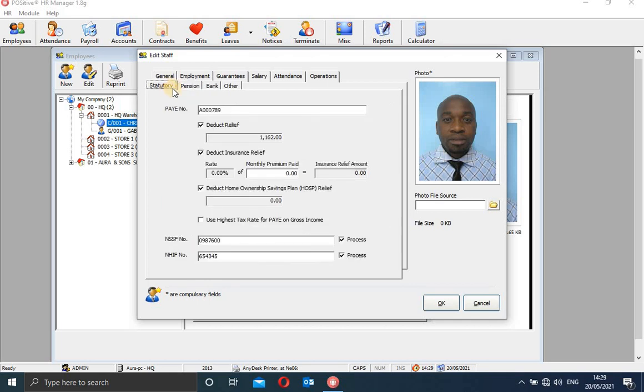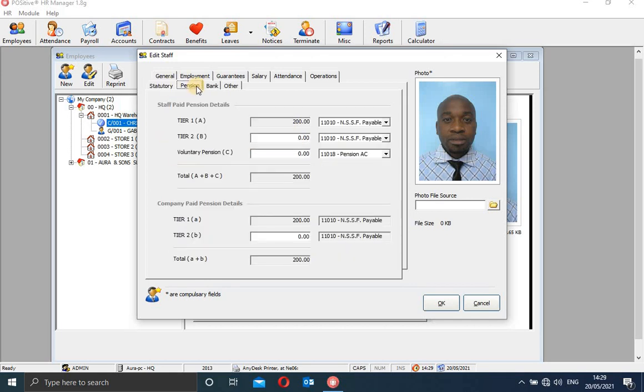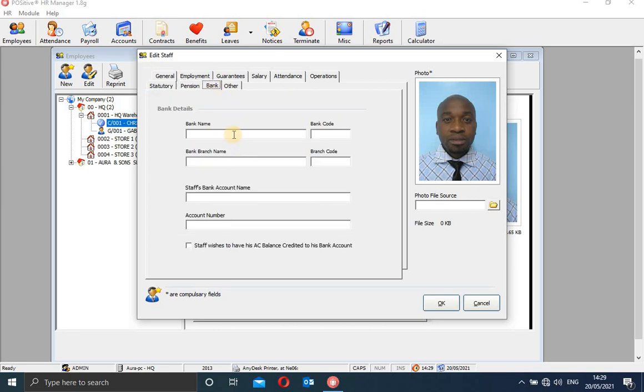So you realize that once I've done this, then this one will be picking automatically. It will just pick automatically. And then also with the bank, if this employee is wishing to be paid via a bank, you indicate the bank name here. You can say Equity Bank, okay, and then you can indicate a bank branch name. If it is a branch name, you say Equity Westlands. If it is Westlands, and then you indicate the bank codes and branch code here.